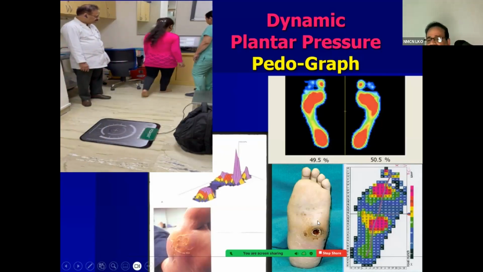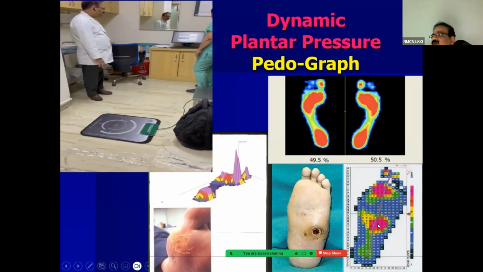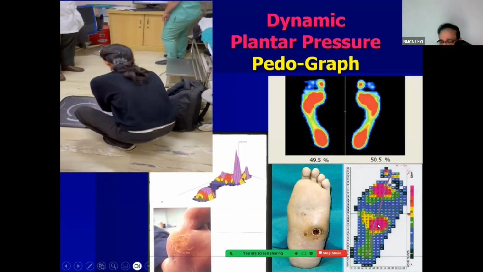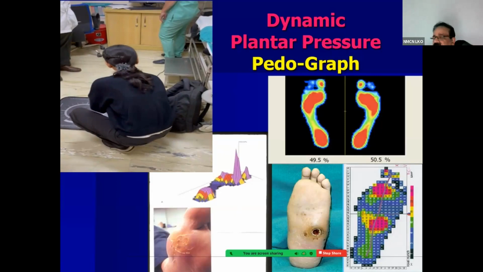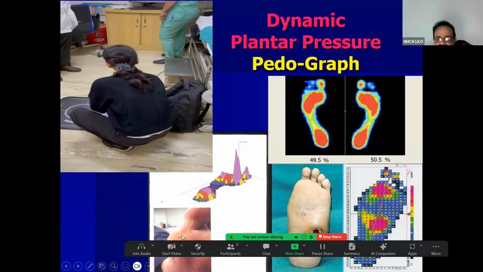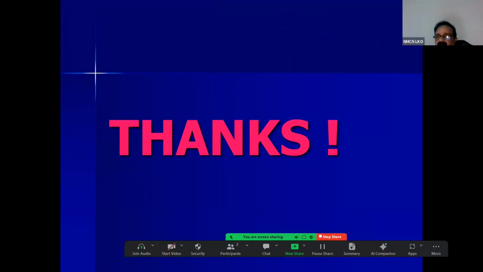Similarly, around the ulcer, you can see here the foot ulcer is there. Similarly, there is a red area that shows the high peak plantar pressure, and the chances of getting further deterioration, further damage to this area. And if under the callus you find this type of picture, that shows that this callus is likely to get an ulcer underneath. That's all as far as